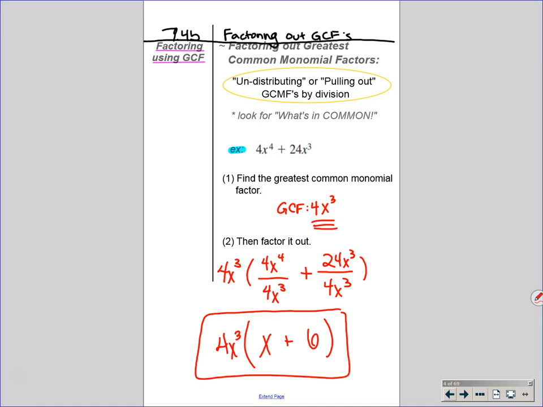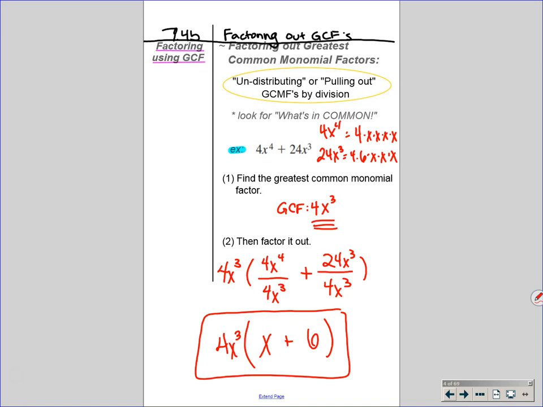If I was to write out the 4x to the 4th, and if I was to write out the 24x cubed, if it was one of those really hard ones, I would have a 4 and then 1, 2, 3, 4. I would have a 4 and a 6 and 1, 2, 3. If I divide a 4 and x cubed, what's left? One little baby x. If I divide or take away a 4 and x cubed, what's left? A 6. So if you think about each of these as being all written out, separate pieces,